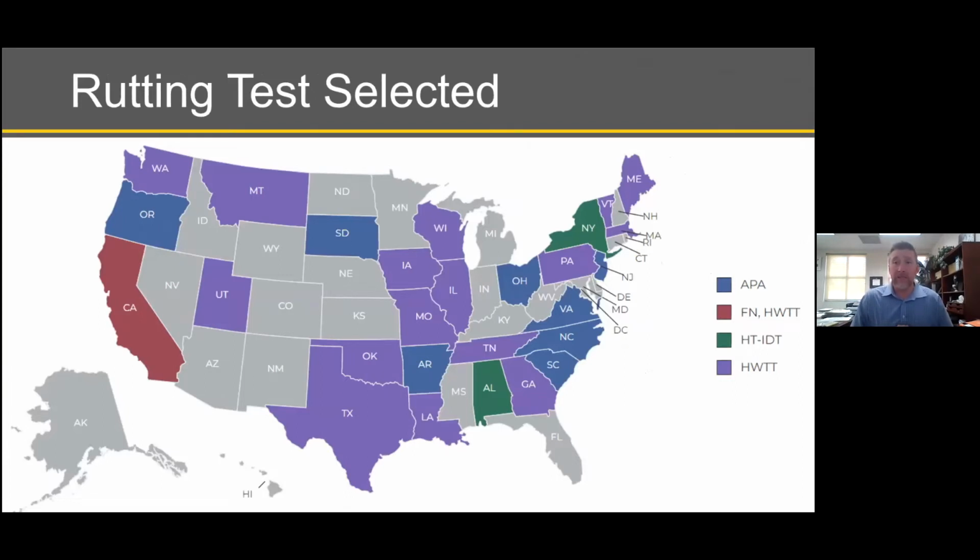interesting that some of these tests that are listed in this slide here, some of the states have not necessarily selected their implementation approach yet, but have maybe already selected their tests. And so they've not dialed it down in that way. Those 8 steps don't have to go chronologically in order. There's some mixing and matching and some things that are going to happen at the same time from step to